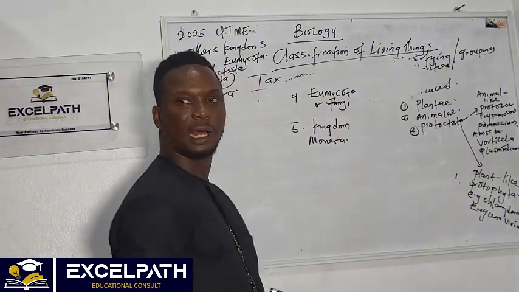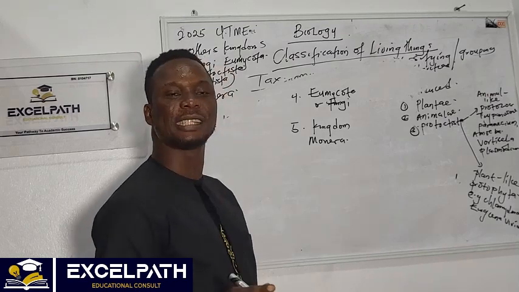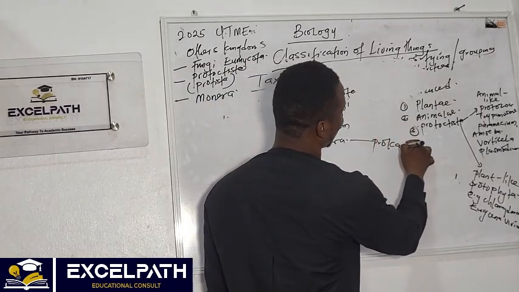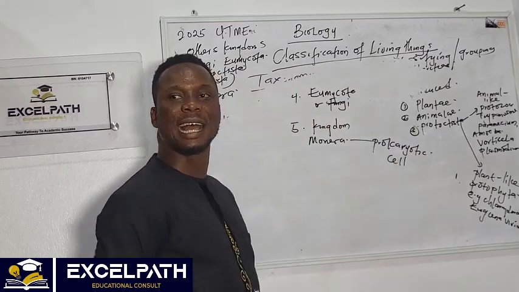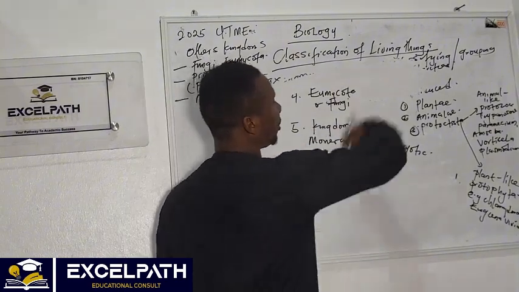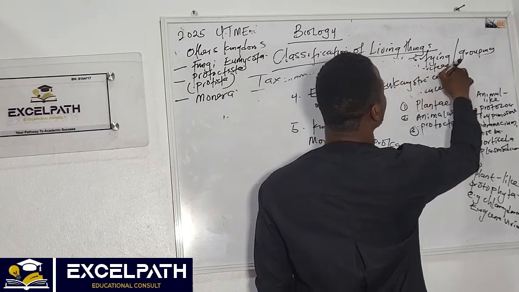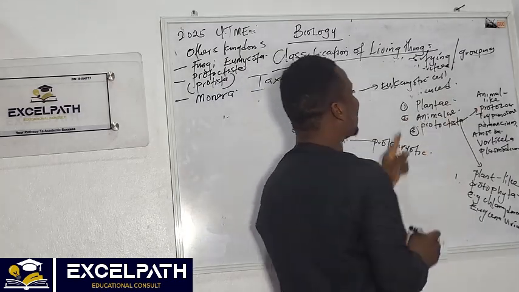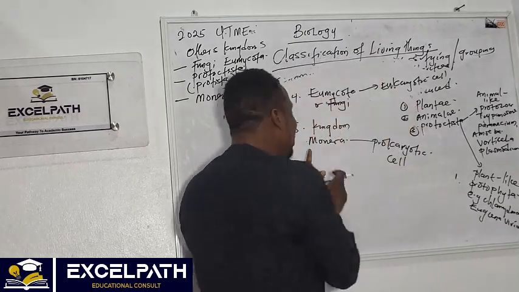Among them, it is the only kingdom that has prokaryotic cells. The others have eukaryotic cells. Plantae has eukaryotic cells, Animalia has eukaryotic cells, Protista has eukaryotic cells, but it is only monerans that have